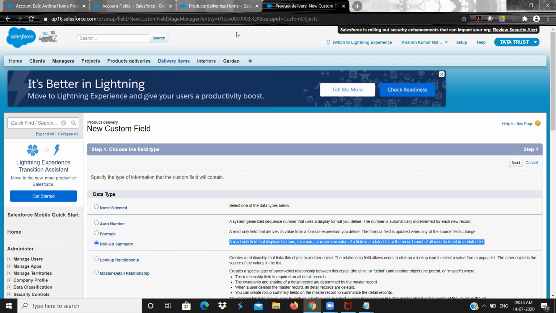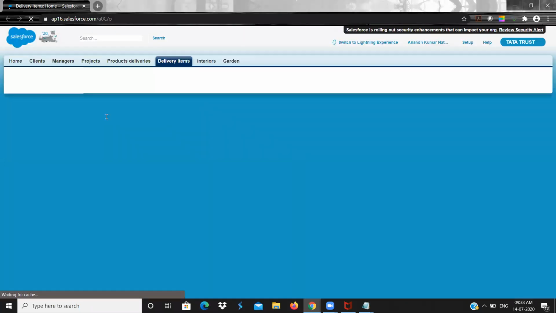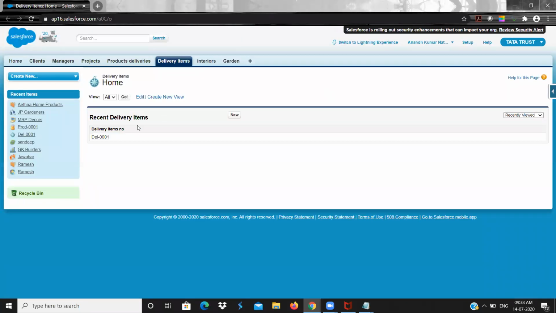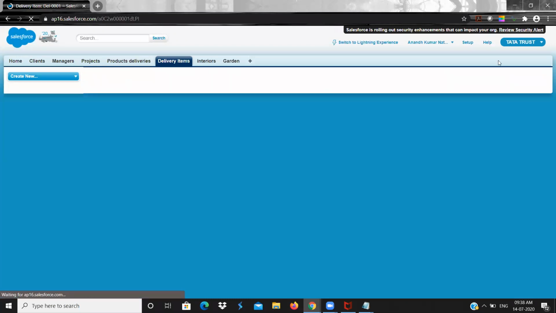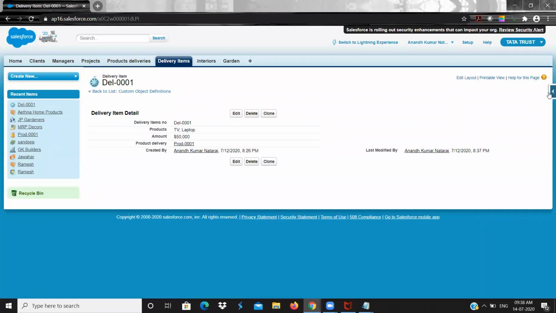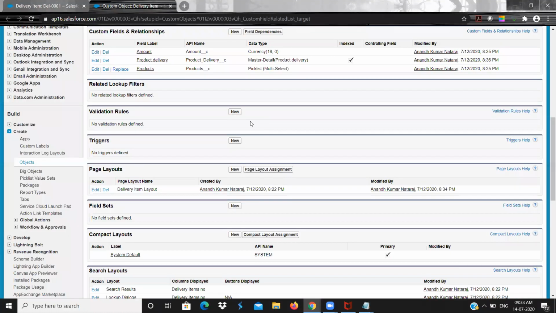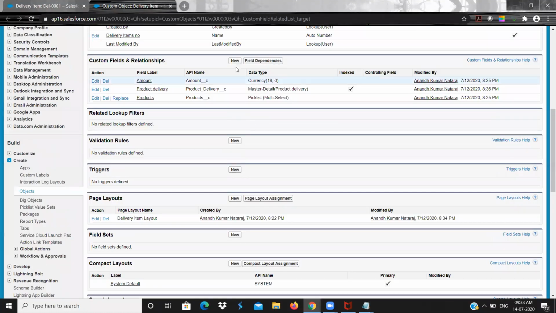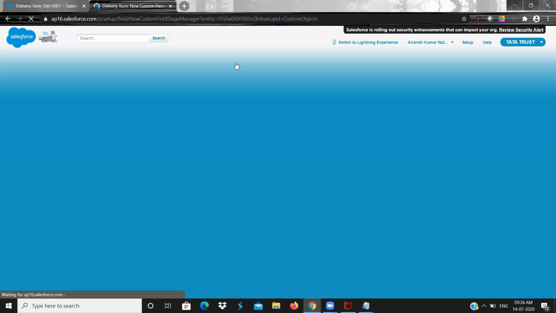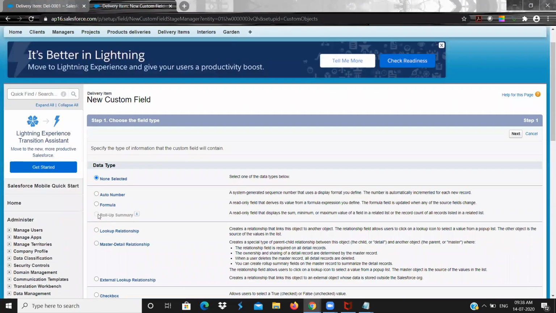Now in case of the child, what does it do? If we go to the child, see this is the child, because the lookup field is available here. If you click on new, see it is grayed out.